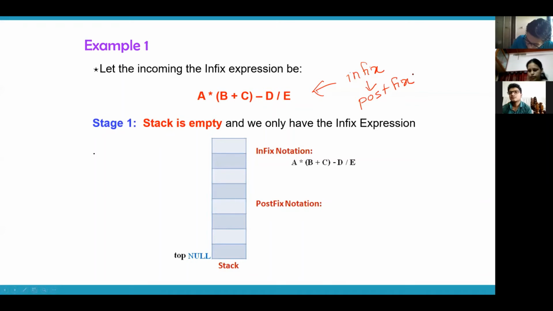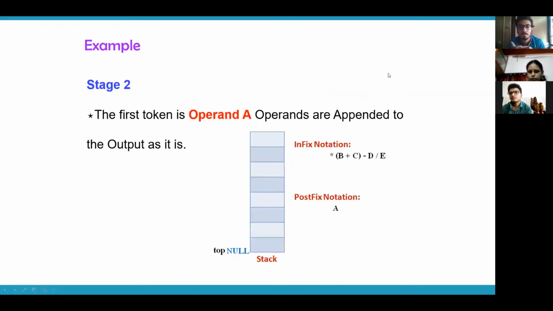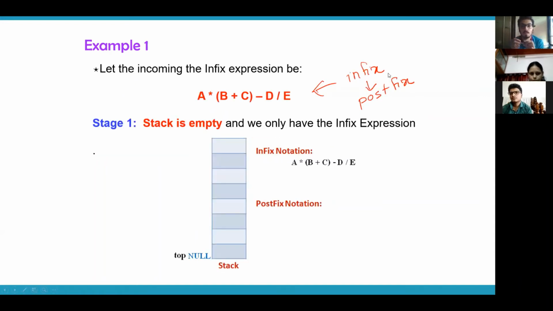For that we have an algorithm. We have already seen the algorithm. Now what is step number 1? Scan your expression from left to right, correct? So I have to scan my expression from left to right. I come here. Who is this person? What is A? Is A an operator, operand or parenthesis? A is an operand, right? It's an operand. So when it is an operand, what do you have to do? You have to put it in the queue.